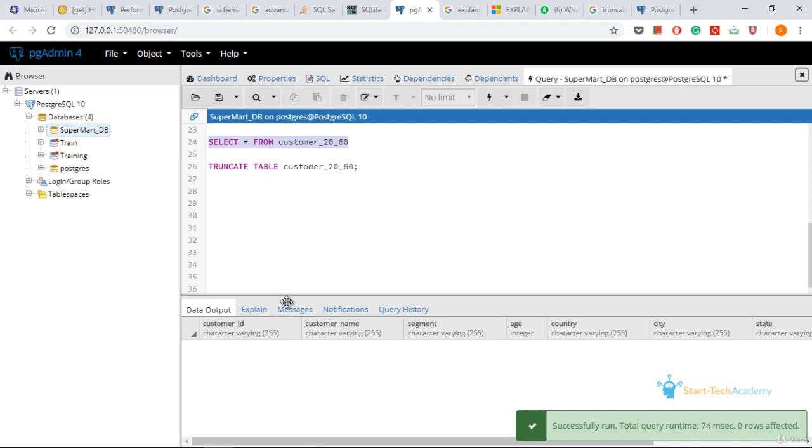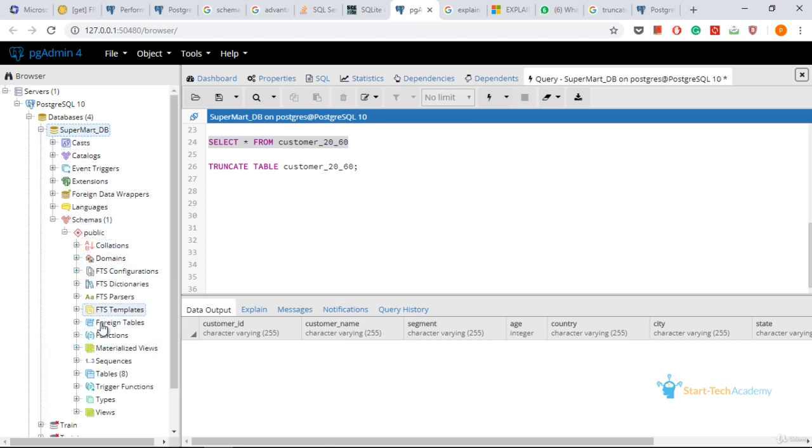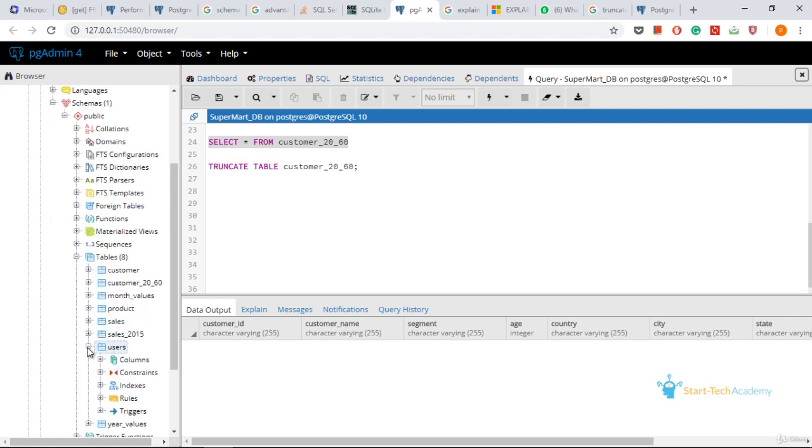You can see this table is now clear. Do note that the column names and the data types of columns are still there. That is, the table is still there, it is not deleted. You can go and check that table in the public tables, and you can see that the table is still there and it still has all the columns, but all the rows of this table are now deleted. So that is all about the truncate table query. Thanks.